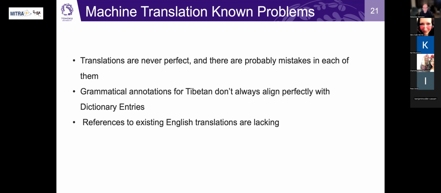Currently we are also starting to add English translation references that give some bibliographical information. This has been absent from Dharmamitra before, and it is something that we really want to add, but it's not that easy because one needs to have agreements with the publishers and so on. This is a slow process, but one by one we try to make this possible, so that we can show the actual English translations that have already been created as a reference for our users.